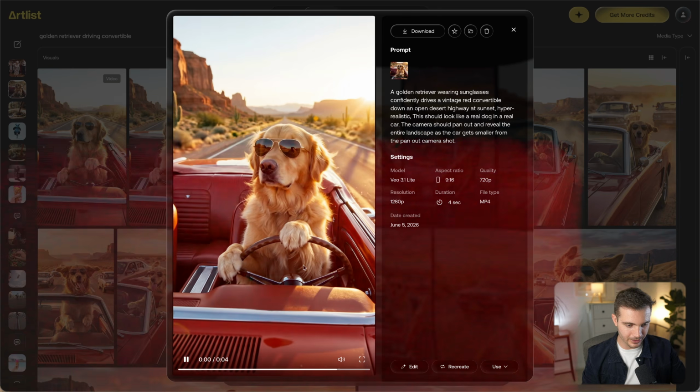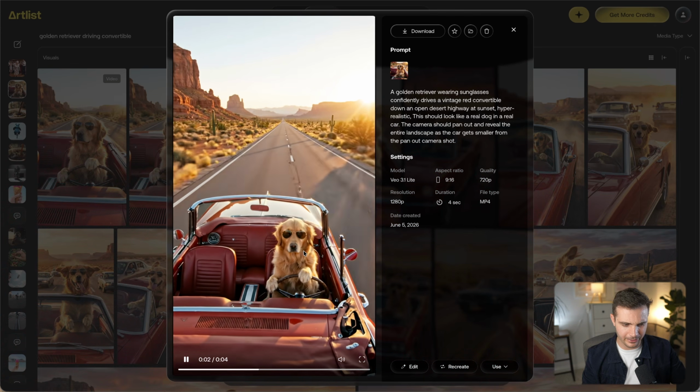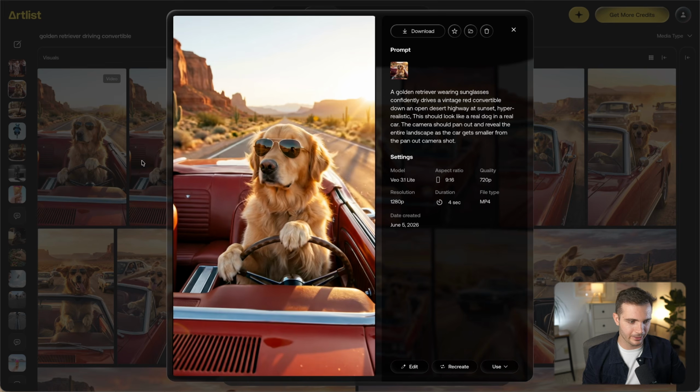So let's first watch the video of the dog that we generated earlier, and then I'll show you some of the other clips that we generated. And after that, I'll show you the secret technique that I use in order to make really good brand commercials and branded images for social media or for ads for different companies so that you can actually earn money with this. So here's the dog driving the convertible, but somehow he's driving backwards. So that didn't work out the way that we wanted to.